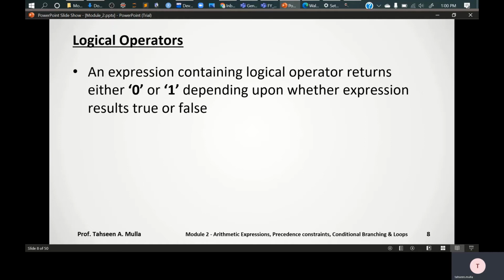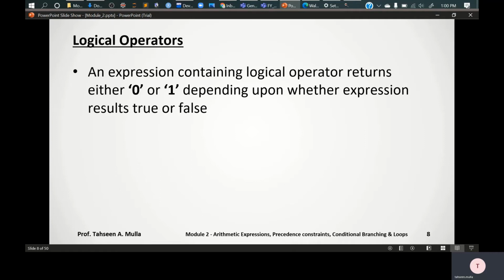So whatever expression we provide to the compiler, in response it will be returning us a binary 0 or a binary 1. So we will be interpreting it as either 0 as false or 1 as true, right?